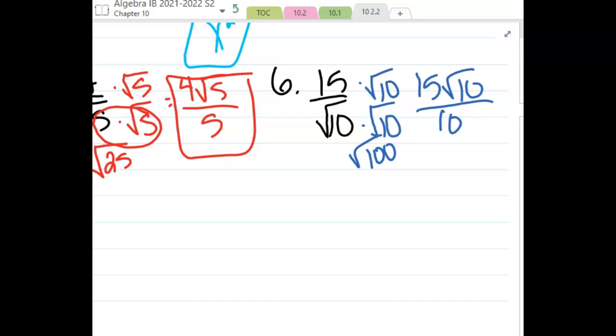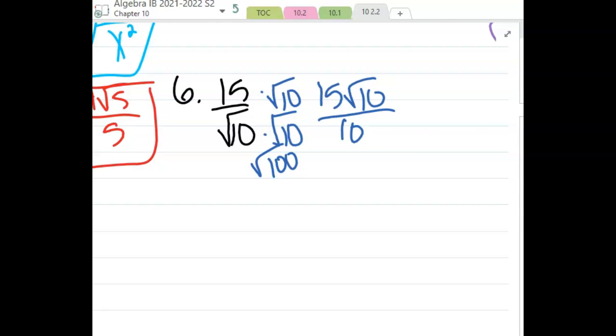But you see the 15 and the 10? The 15 and the 10, they're both outside. So I could divide each of those by 5, and we get 3